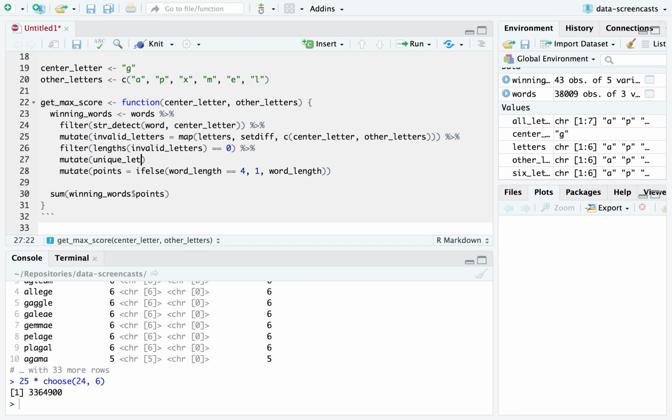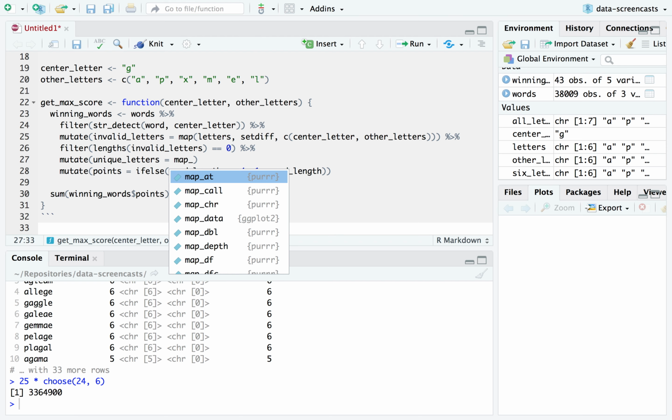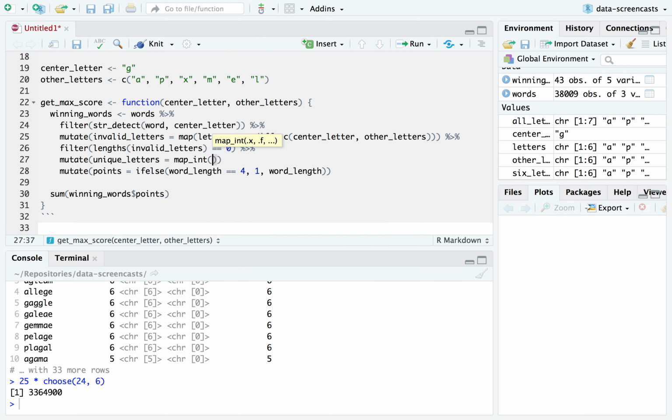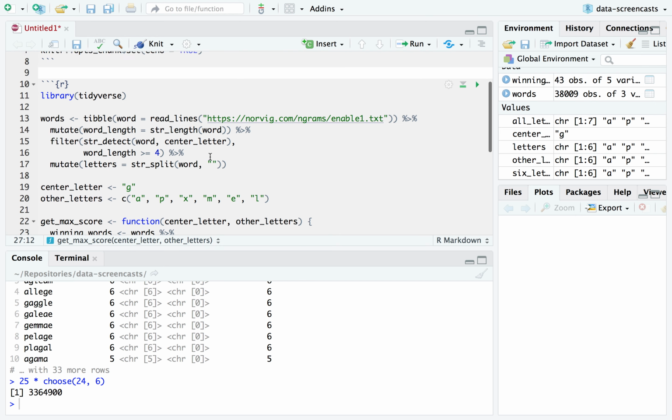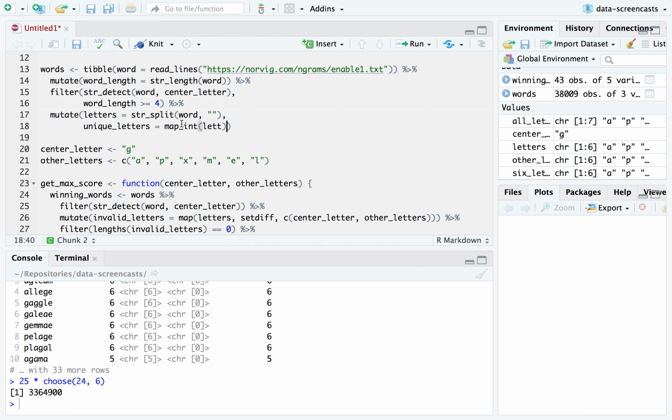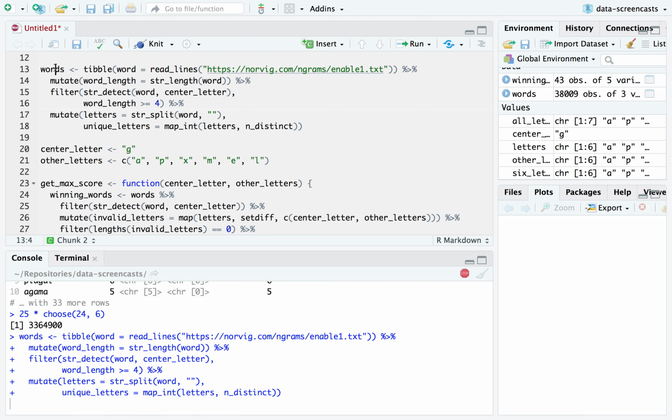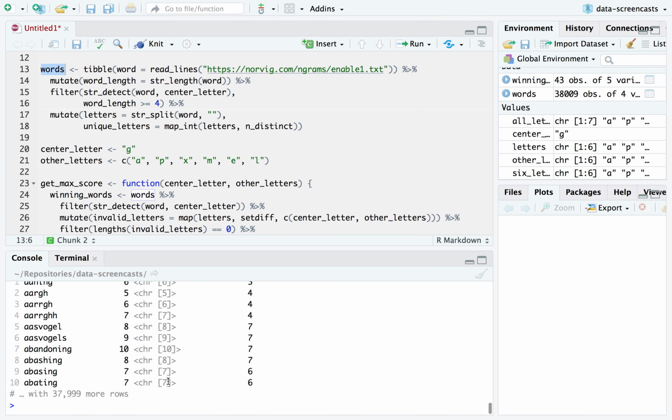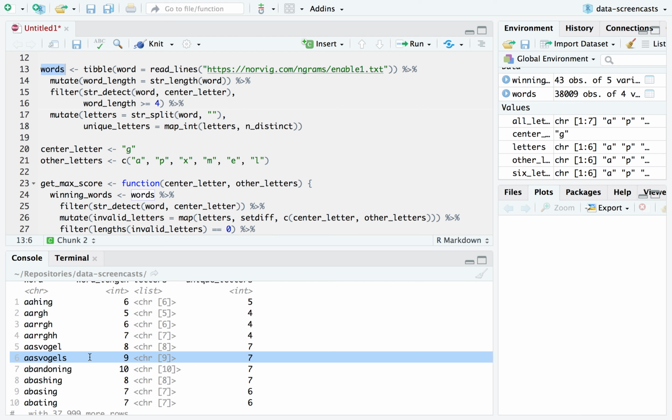unique letters, map int. So what I can do is apply to the letters. Oh, this is actually something useful. I can do this up here because it's something that's only applied to the word. Apply to the letters, apply n distinct. So now I can say, here's how many unique letters are used. So this word uses 7